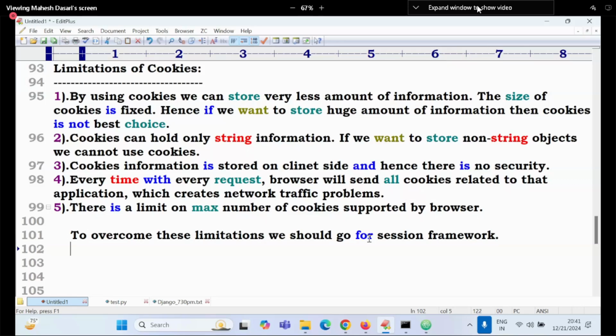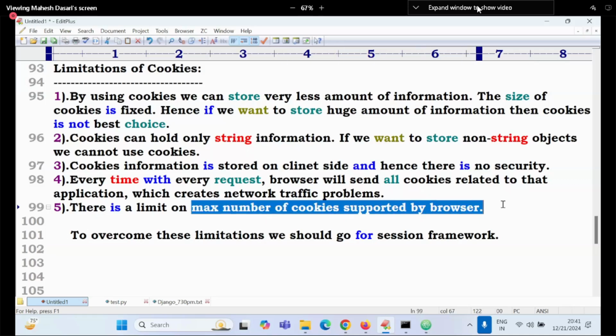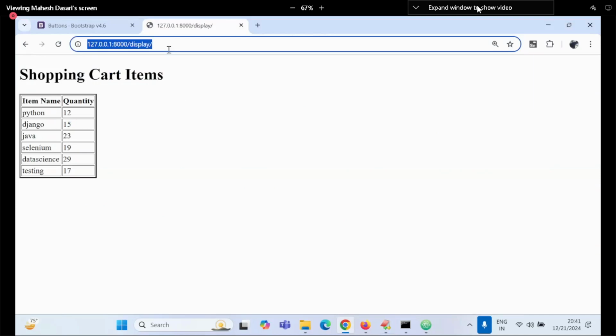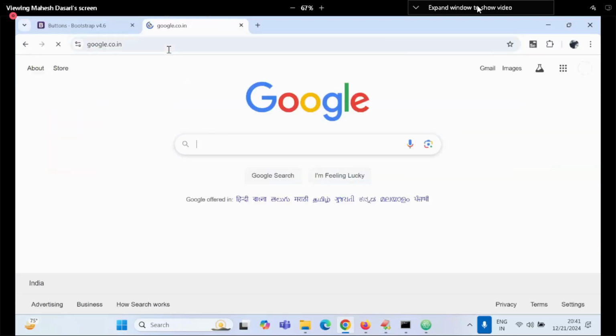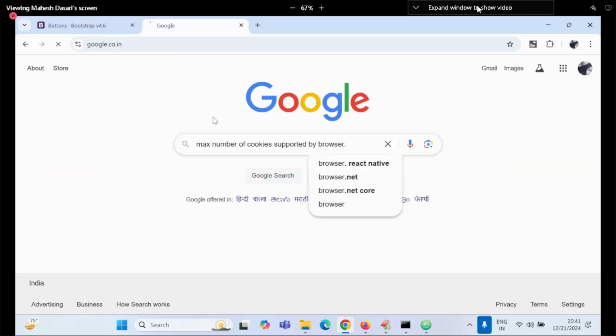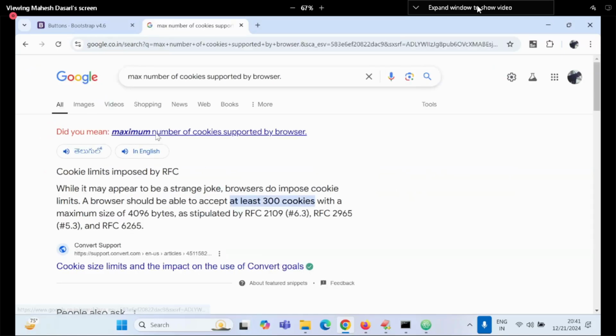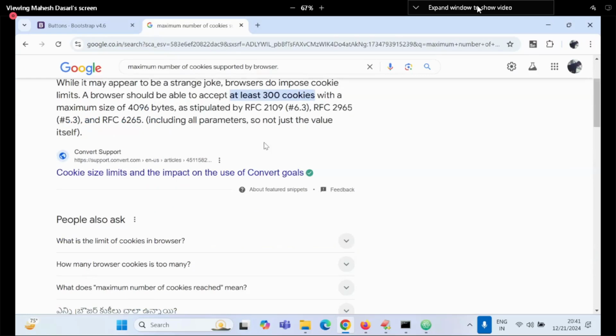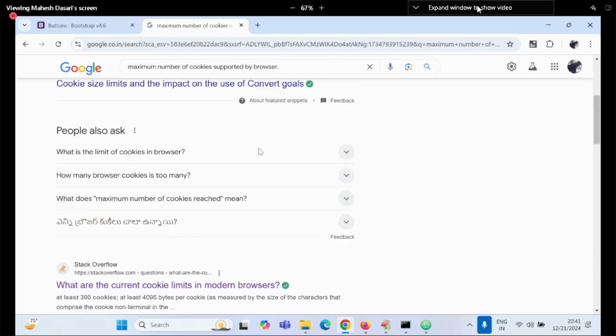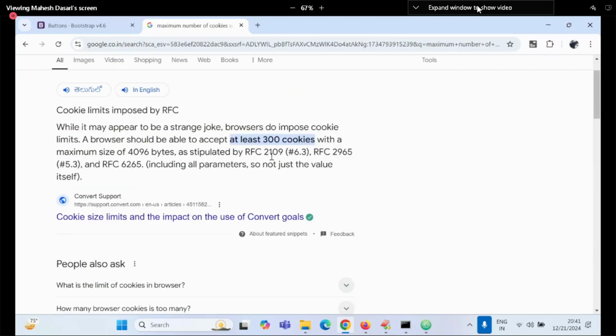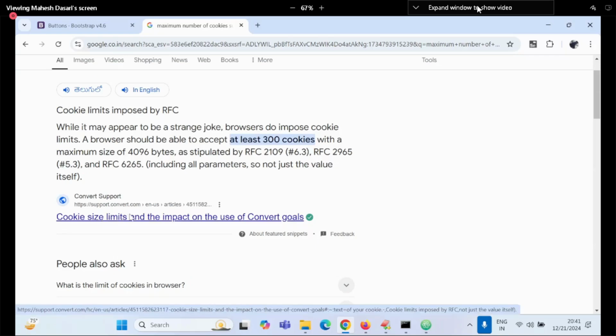What is the maximum limit of the size? Max number of cookies supported by the browser. We can ask Google. Google will tell. Maximum number of cookies supported by the browsers. The complete information is that cookie size and impact on the